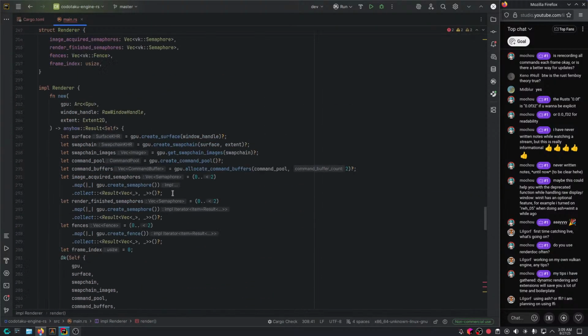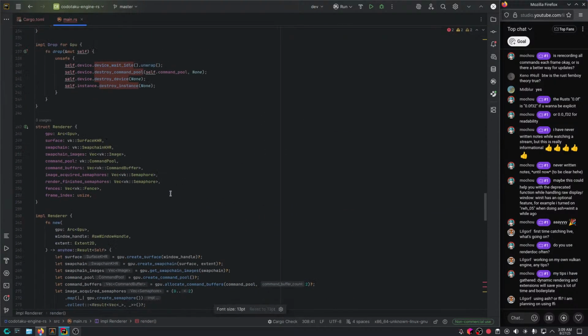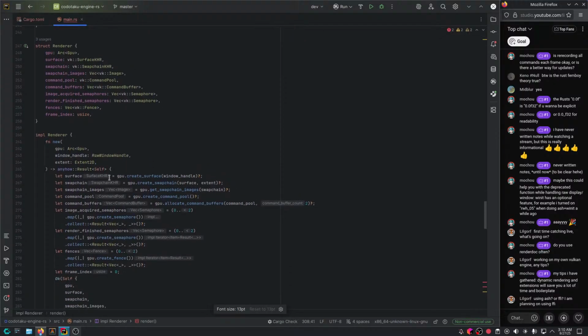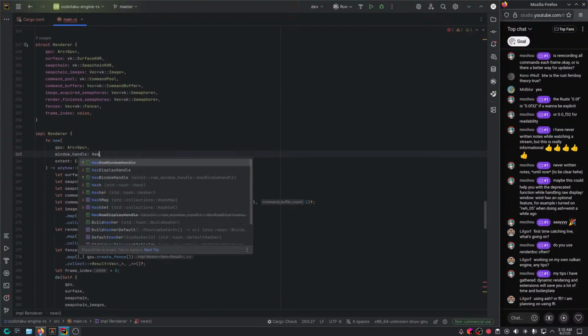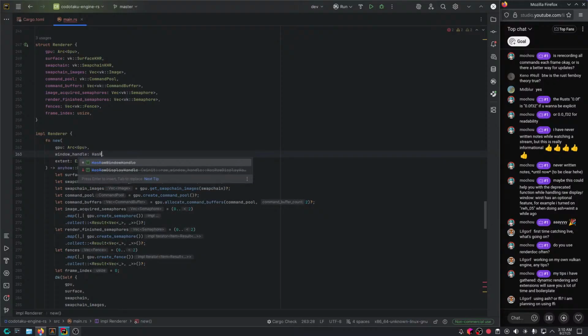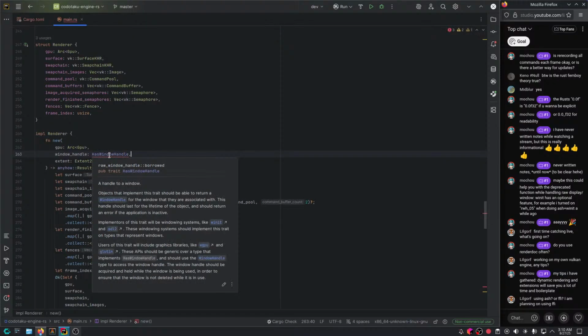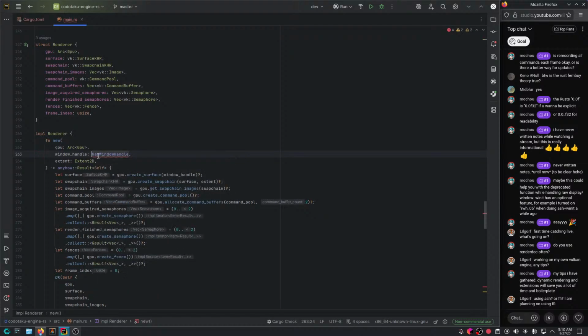Okay, let's see how that works. I believe right now we may need to use HasWindowHandle, something that implements HasWindowHandle.